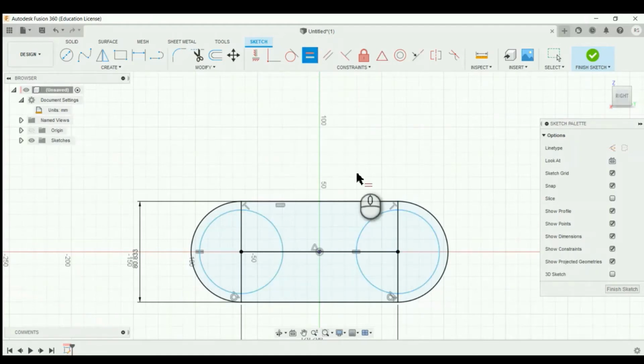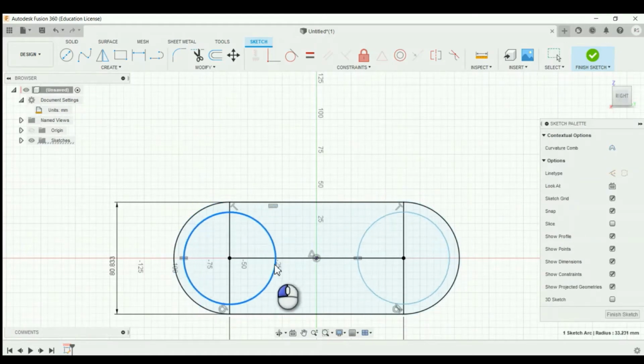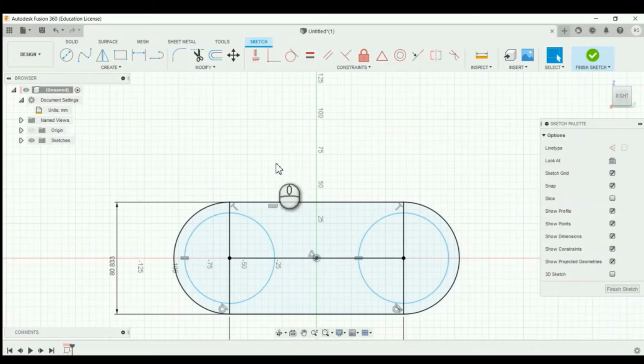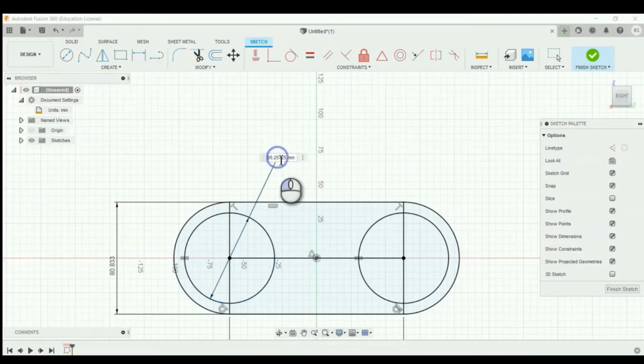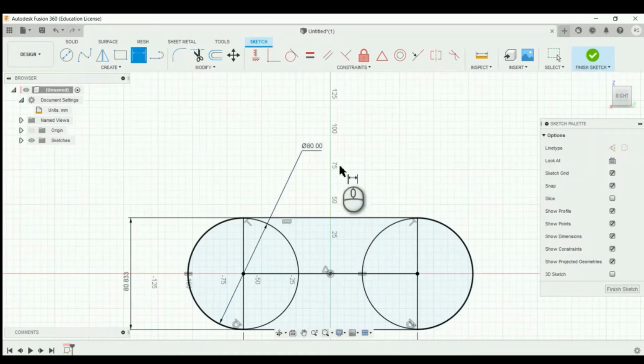After that, the two circles are of equal diameter, and then the circle is indicated in blue color. In this, the circle is an unconstrained sketch. Like this, you can drag and change the dimension by dragging it. So to change it into a fully constrained sketch, first enter the dimension. After that, the sketch is fully constrained, so it turns into black color. Sorry, I have given the same diameter.